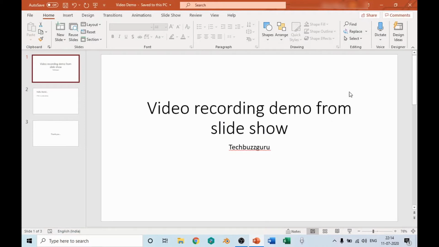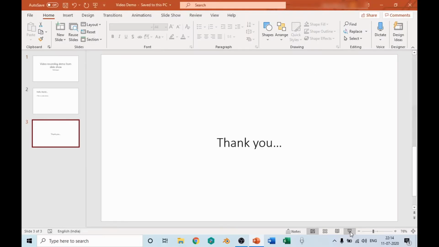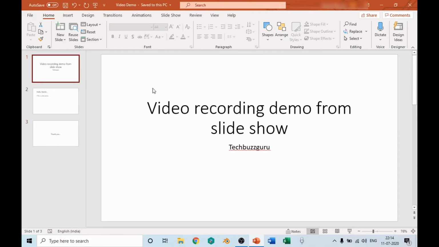Now we'll come back to the presentation. We can always see the presentation in a conventional manner. Down at the bottom you can see there is a presentation slideshow option. We can click on it, and manually we can go through the slideshow as usual. That is what all of us have been following. But we would like to convert this slideshow into a video so that it can be shared very easily and with our narration for better understanding of the students. So what to do for that?